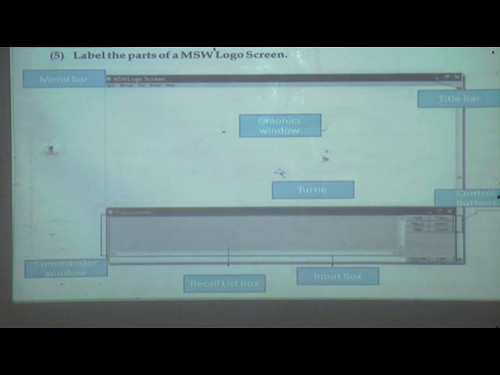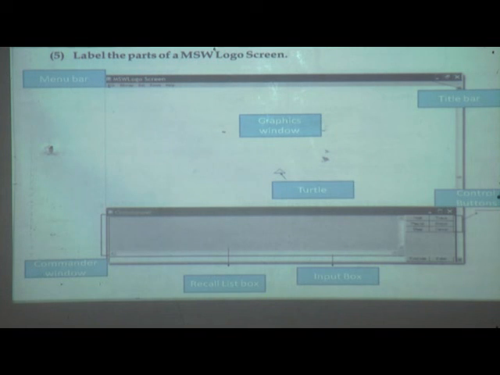Next one is the control buttons. There are 6 control buttons. Next one is the input box. What is the use of input box? If you want to give any input, if you want to write anything, then by using input box we can write it. Next one, recall list box.